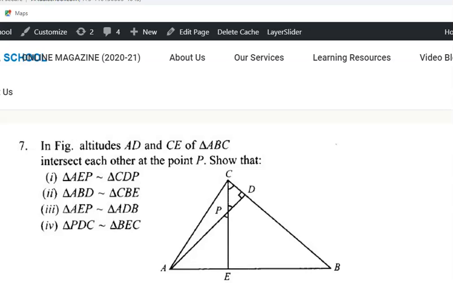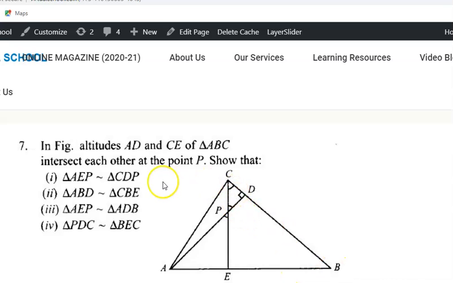Hello students, this video lesson deals with mathematics class 10 exercise 6.3. So we are at sum number 7. Now in the figure, altitudes AD and CE. So this is AD here and this is CE. So AD and CE of triangle